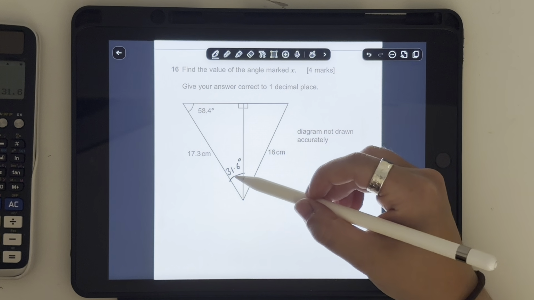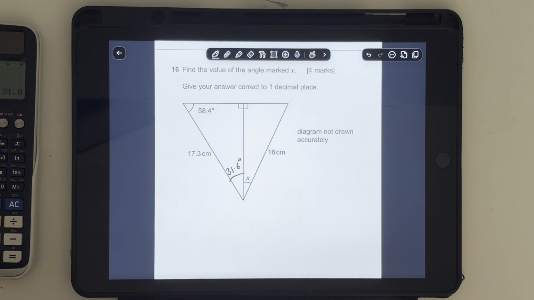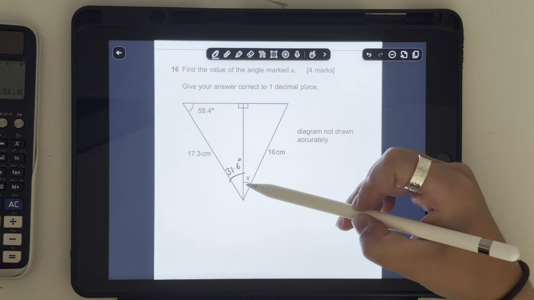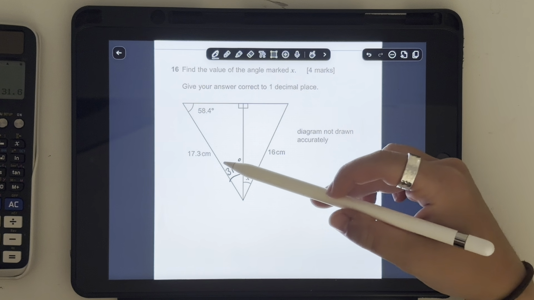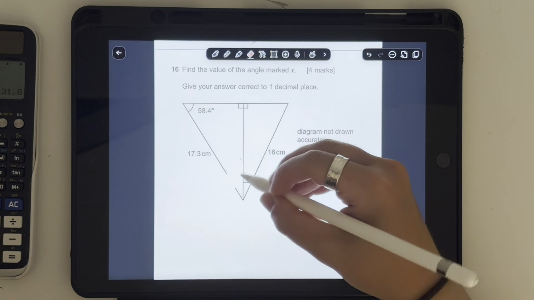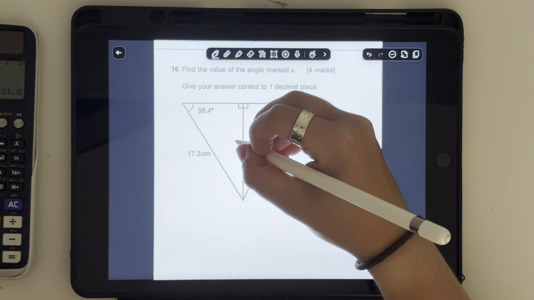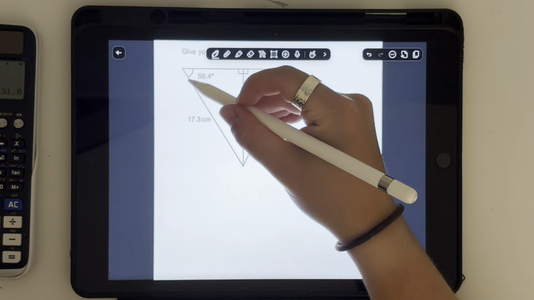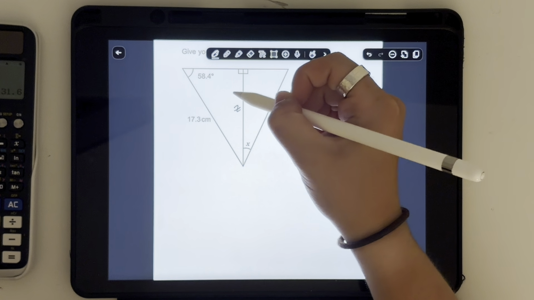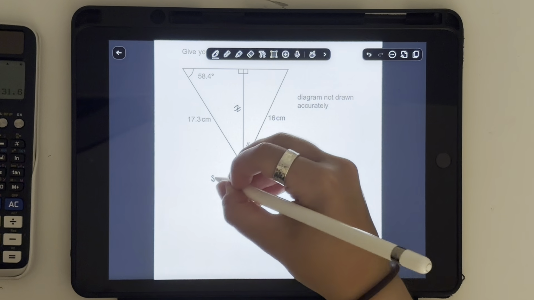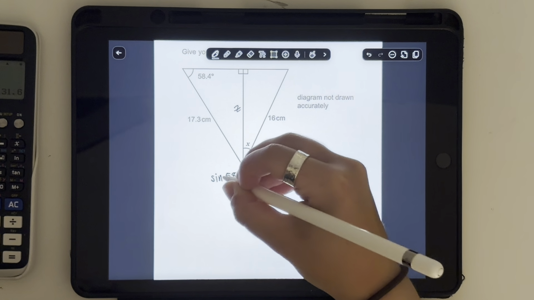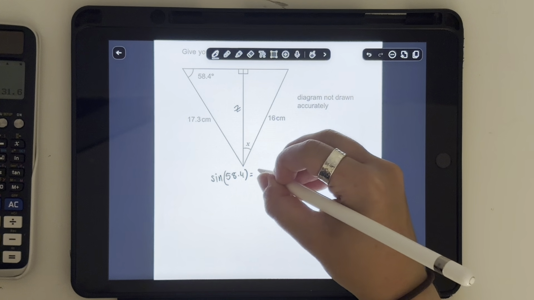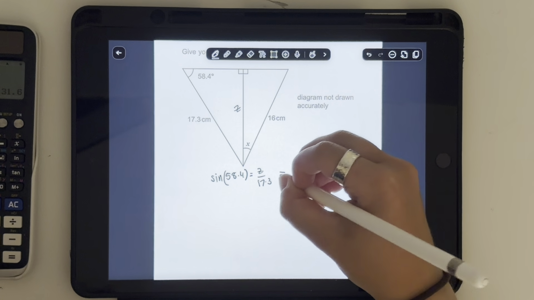Then we can use this. Actually, what is the easiest way to do this? So to get this angle, we need 2 of these sides. Oh, okay, you actually don't need to do that. So we want to find this side. Let's call it Z. So here we've got hypotenuse and opposite, so the sine of 58.4 equals Z over 17.3. So Z